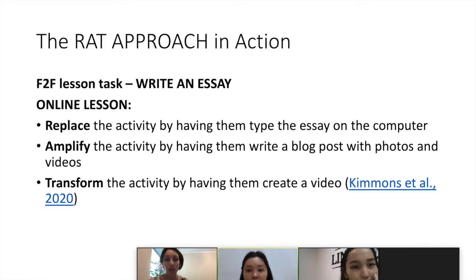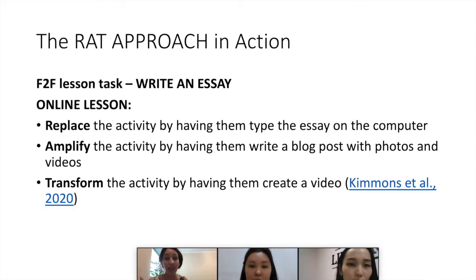Secondly, one way is just to ask my students to write an essay. But with a computer and technology, I can amplify the task and make it more interesting. I can transform the activity and ask my students to change this essay into a blog post. Maybe find a blog which has the same cause, write your paragraph inside a blog, and add a visual to it, or add a photo, add a video.